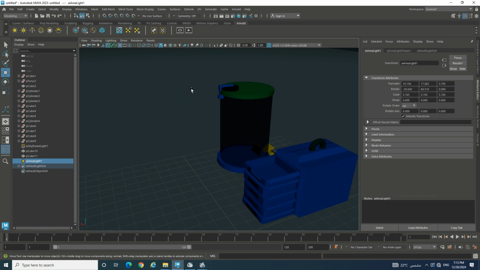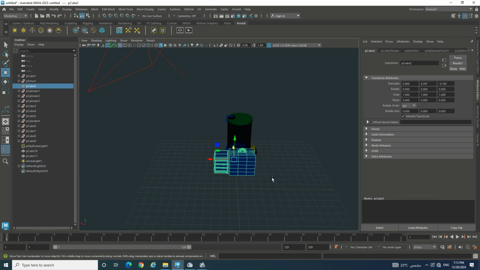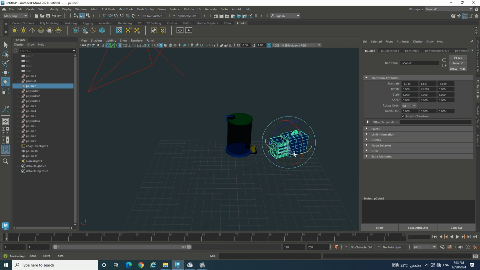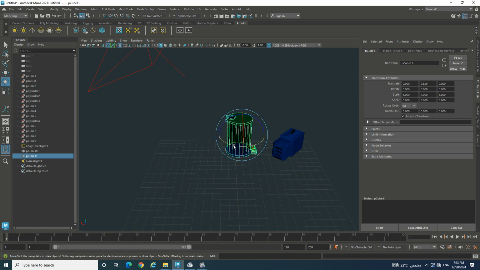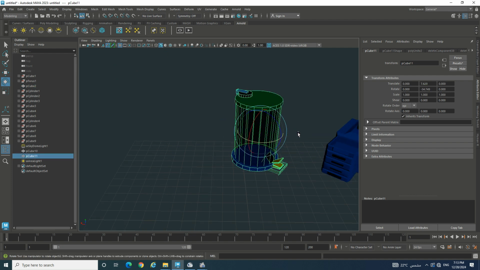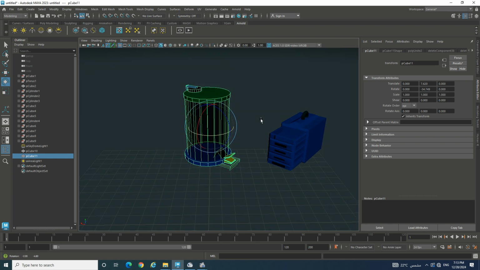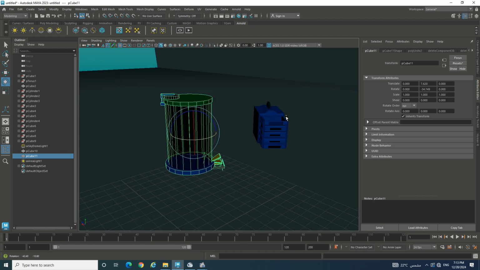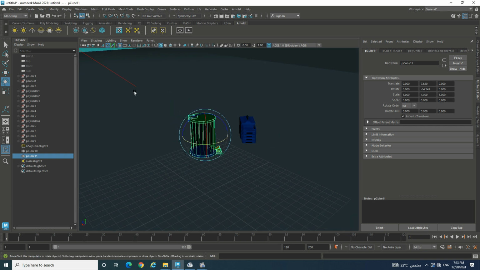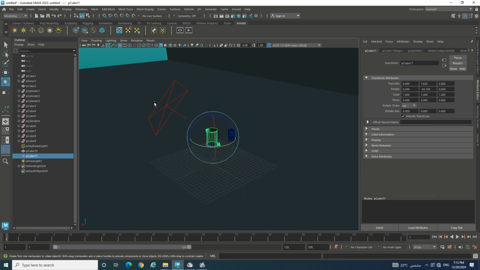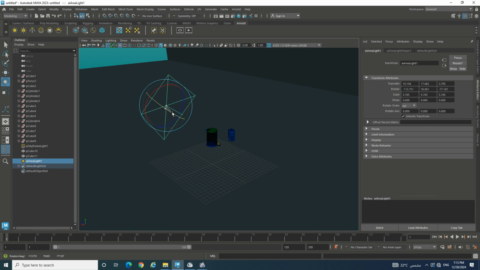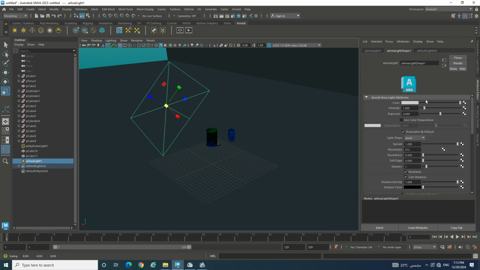You can pan inside by holding Alt on the keyboard and middle mouse click. And you can move this to the sides. I can rotate it to have a different angle. You can render at any angle you want, and you can render an image, you can render a video. Then you can select the light and rotate it, also increase its size to increase its effect, or head to the attribute editor to change the effect and the color,